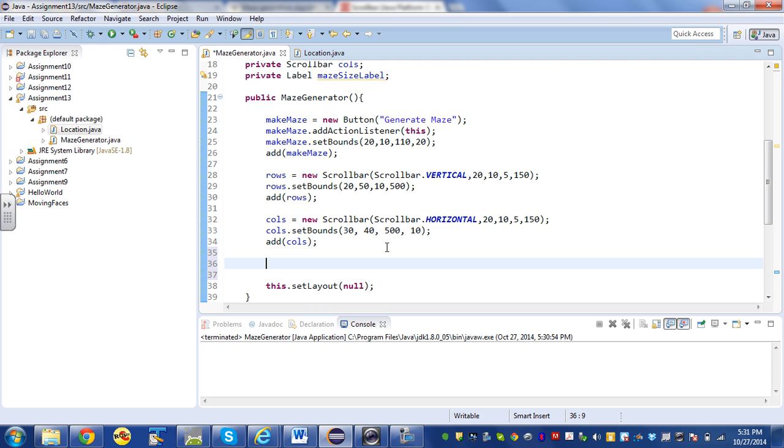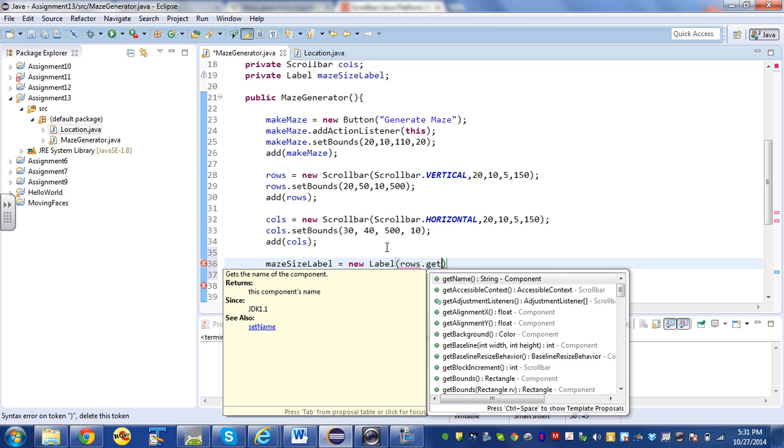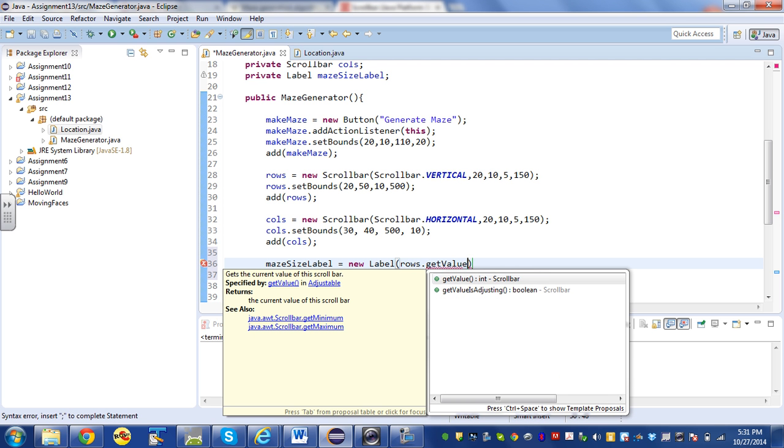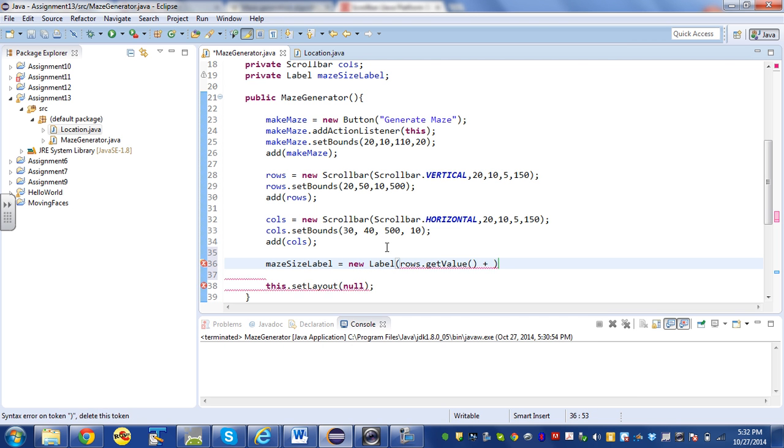I'm going to say maze size label equals new label, and I'm going to say rows dot get value. That's how we get the value of a scroll bar, with the get value method, plus rows by. So this is going to be a number. In the beginning it's going to say 20, right? Because that's our default. So it's going to say 20 rows by,